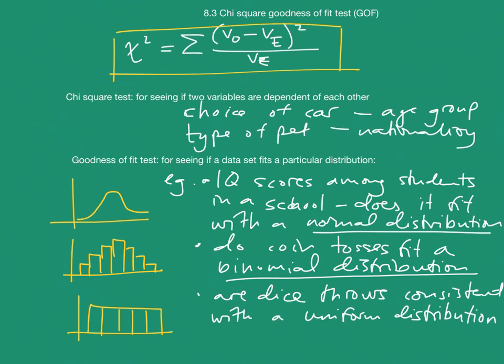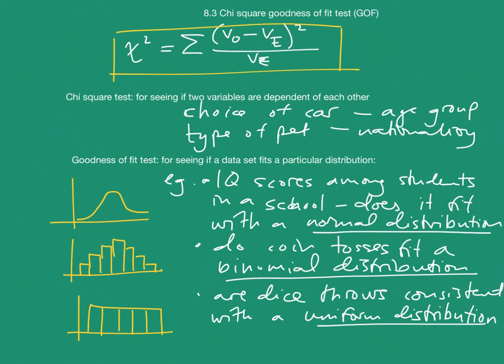And then you can use this goodness of fit test to see if the results that you got are consistent with a uniform distribution. You're not going to get exactly the same as the expected values. That rarely happens. But is it close enough to be consistent with what you would expect? So typically these three distributions are the ones we would want to use a goodness of fit